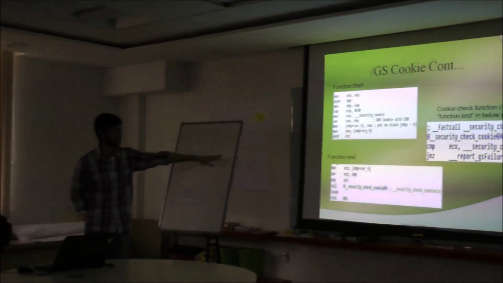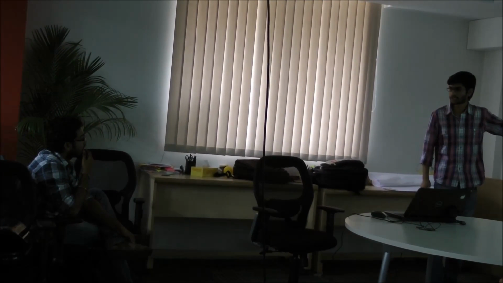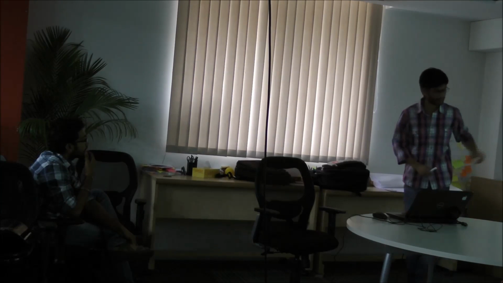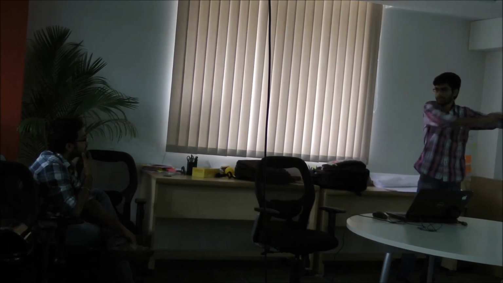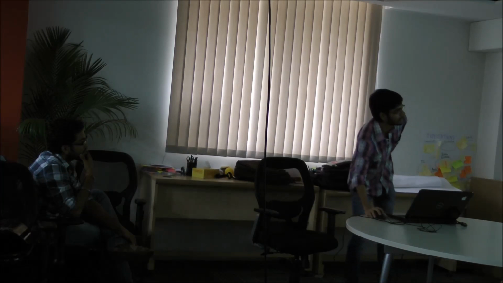But in the previous case, when we return without removing these checks, we are returning blindly onto this address, which was overwritten. In this case as well, it's overwritten, and we are just landing onto our payload. But right now, it is checking this position before returning. Because we overwrite this value, we cannot say that it is equivalent to the ECX register. Then it will jump to this thing, report JS failure.